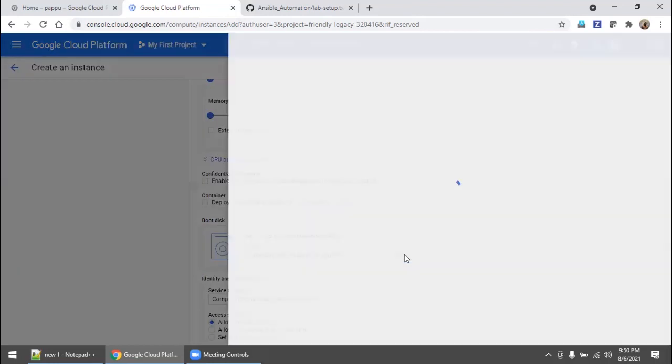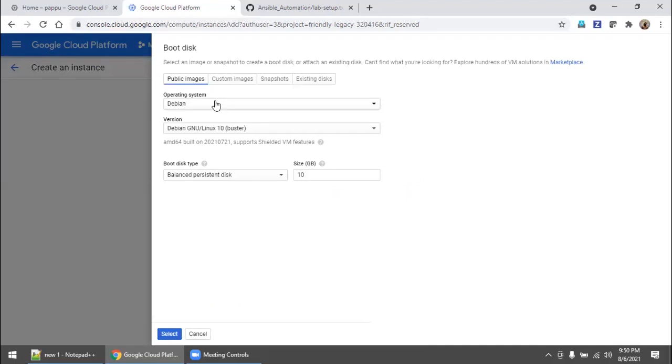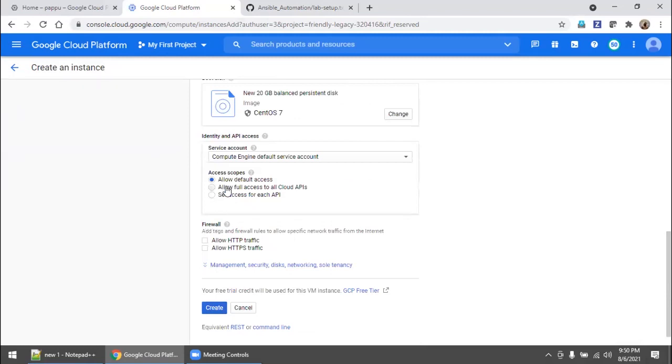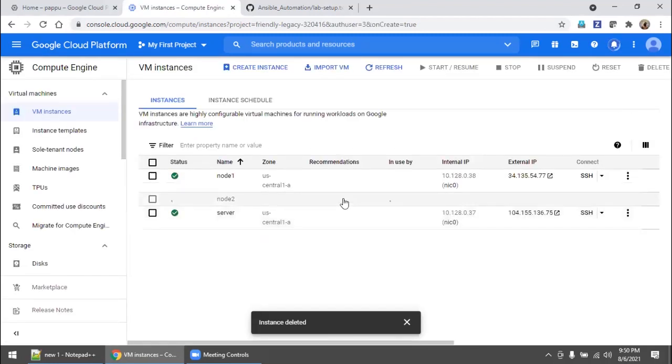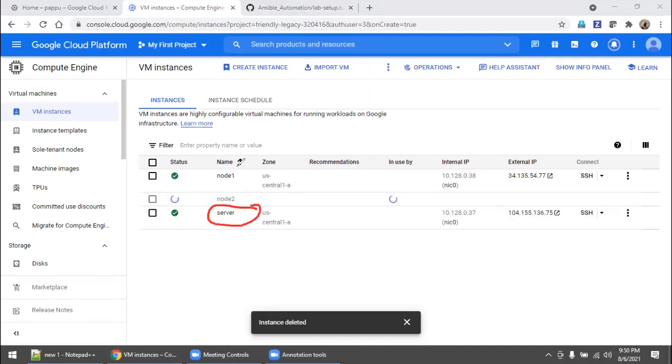Come down, go with CentOS 7, select, come down, allow. So basically we have created the server, the Ansible server, which is a control node, and the Ansible clients, which are managed nodes. This is going to be the Ansible server, this is going to be Ansible client 1, this is going to be Ansible client 2.